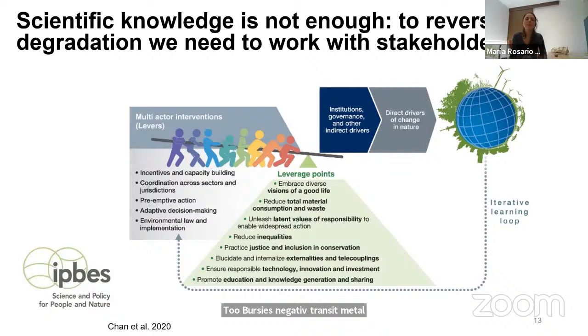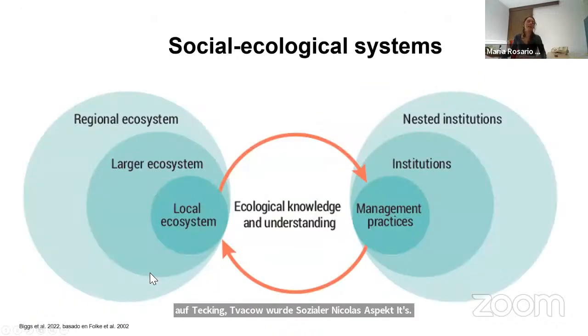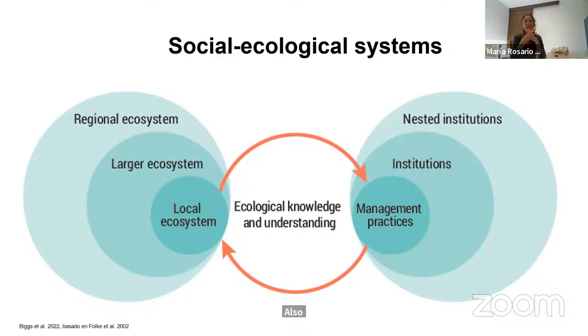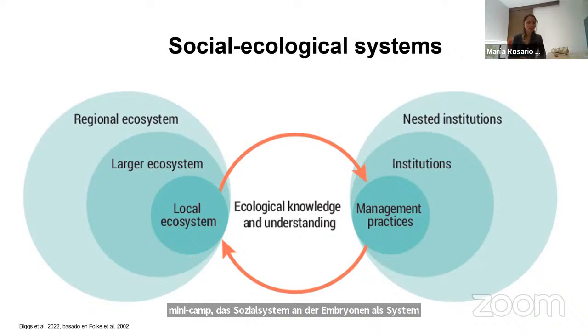So this perspective of engaging, of combining, of taking into account both the social and ecological aspects, it's also understood as a social ecological system, because for long, or in some contexts, many times the social system and the environmental system are studied as independent entities, while in reality we know that there is a mutual interdependence. It's not only about ecological knowledge exchange, understanding, but also mutual influence.